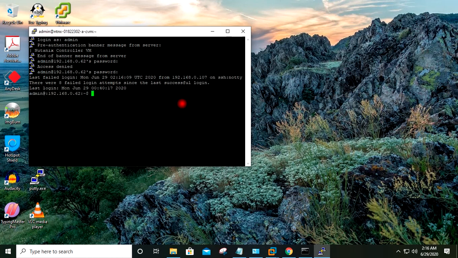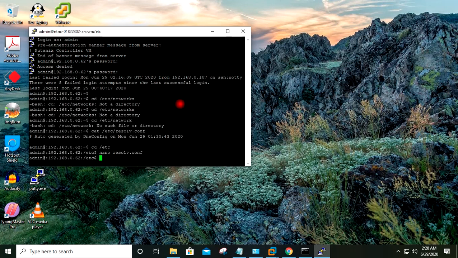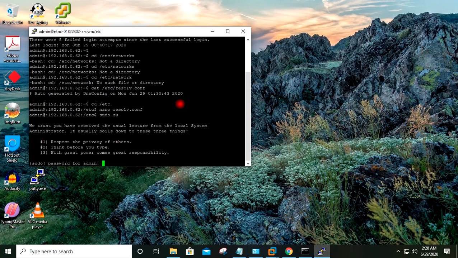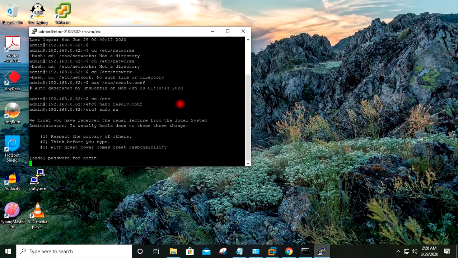I have logged into the CVM through PuTTY. I will do sudo su. I will give the password again. I am now logged in as root in the CVM.